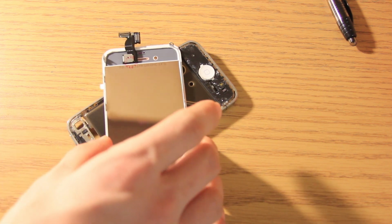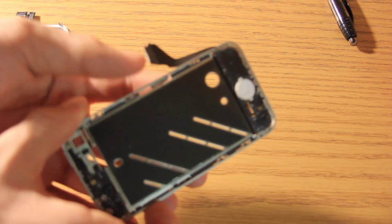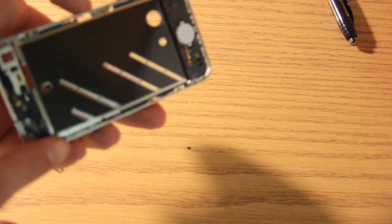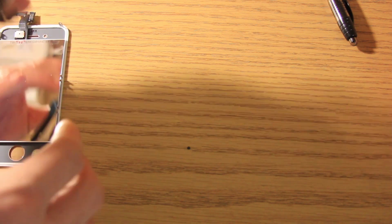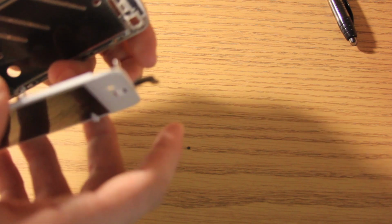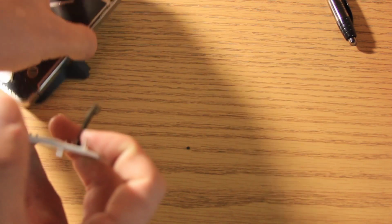So now what you're going to do is take that, put that to the side, and make sure that the body of your iPhone 4 or 4S does not have any glass around the edges, down here, or over here, or around this edge, or up here, because that will make this not go in very well. And then you're going to bend these wires down, and you're going to stick them through this hole right here